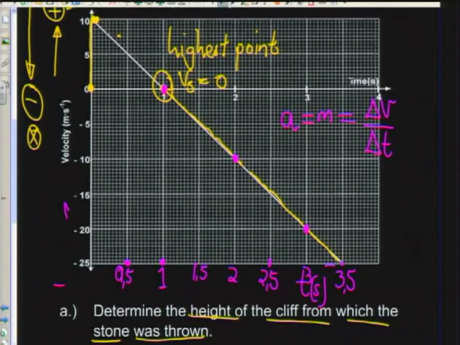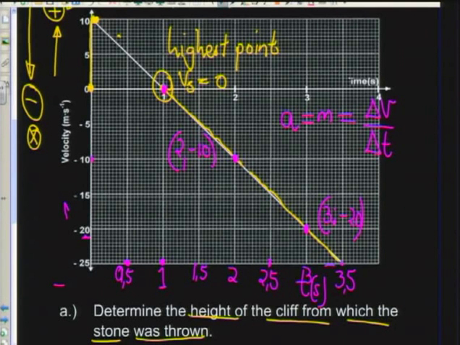Just want to use that. Now, what is the time here? The time there is 2 seconds, and what is the velocity at this point? The velocity at this point is this one, and that is minus 10, okay? If you come down here, you've got the time value to be 3 seconds, and what is the velocity value? The velocity value is this one here of minus 20, okay?